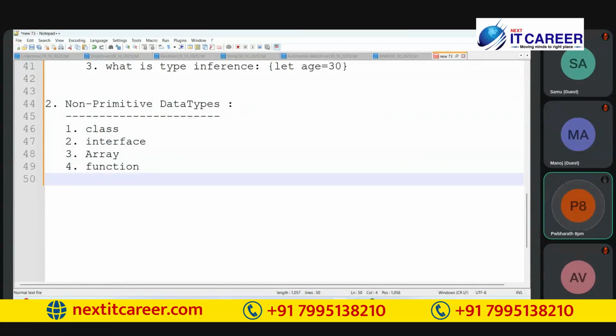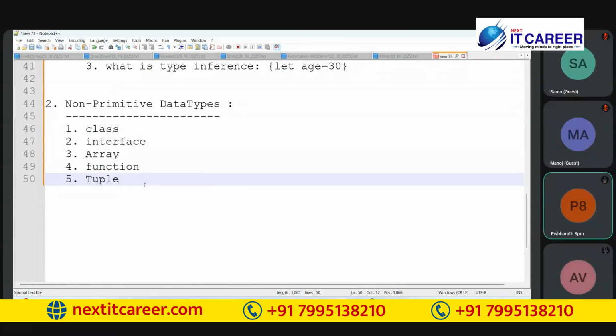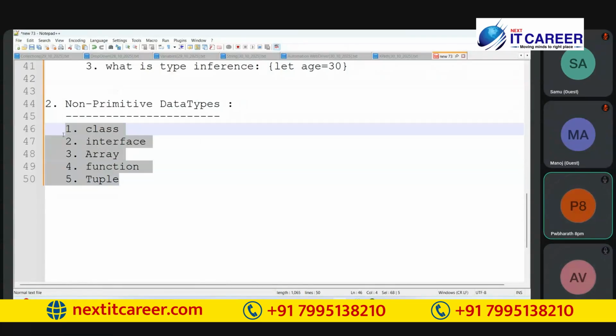Okay, and a tuple. Online, is it clear? Yes, Bharat. Tuple. Okay, these are all the non-primitive data types.